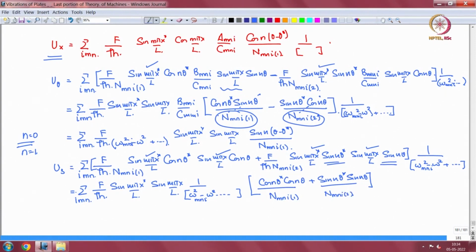Now in this term here, when n is 0, this term is 0 anyway, and therefore I can notionally make this n m n I 1 throughout. Okay, so the result is